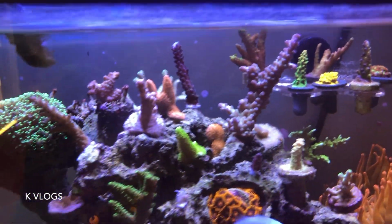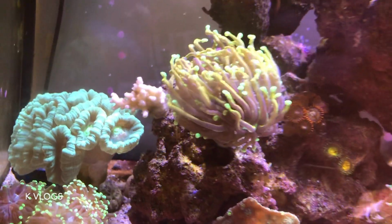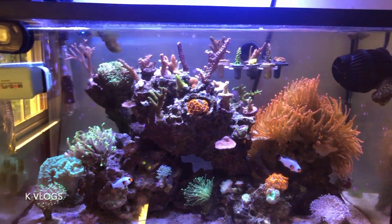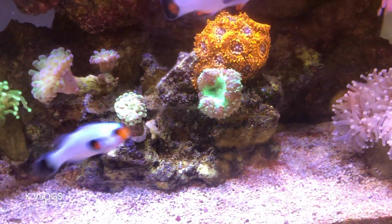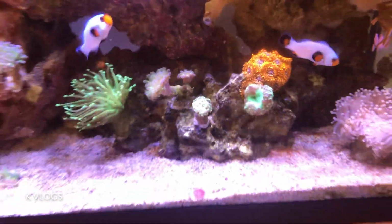I'm really surprised at how everything is doing. It's been a week. There's a table acro that has no name on it. Completely died. My Jason Fox completely died. A bunch of corals completely died, and a bunch of corals lost their color. There's my gold hammer branching. There's my green. They're doing pretty good, but